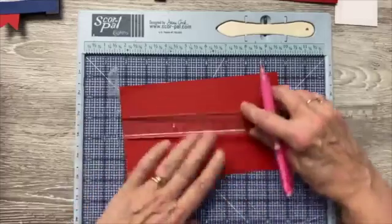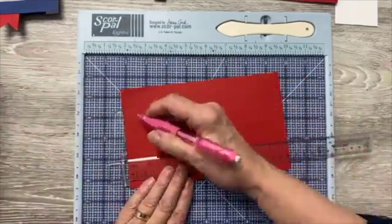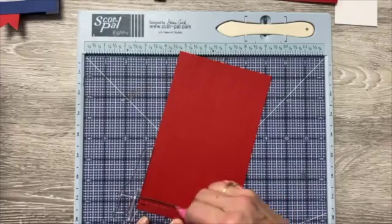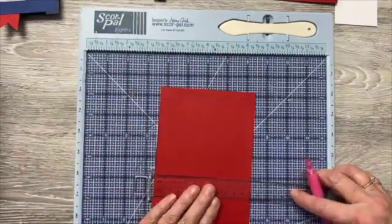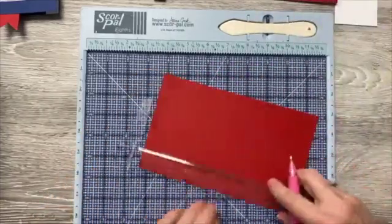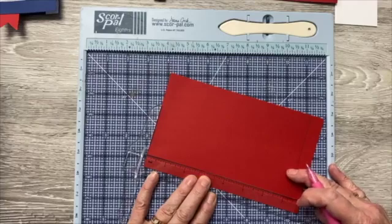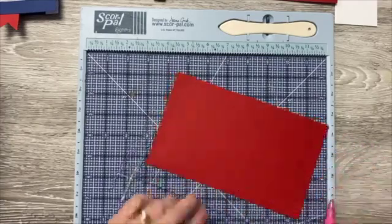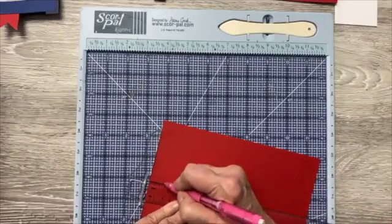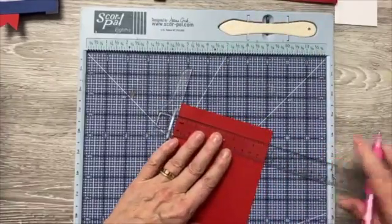Okay, so what I'm going to do is measure in 5/8 of an inch all the way around. So 5/8. This is where a T ruler is nice. And then 5/8 here. So all the way around the perimeter, I'm measuring 5/8. So what we're going to end up doing is cut the center part out for the front of our card. Okay. So this is in your instructions. I call this the card frame because that's what it's doing. It's framing the